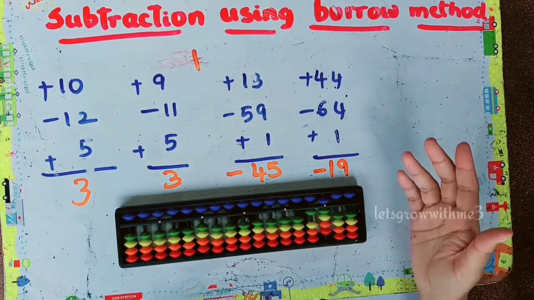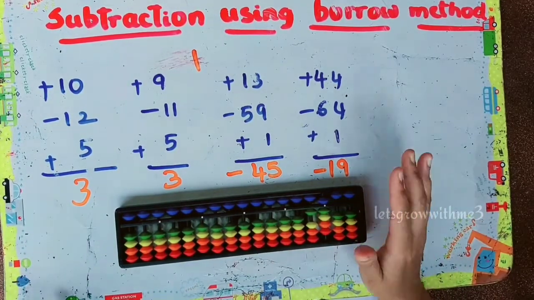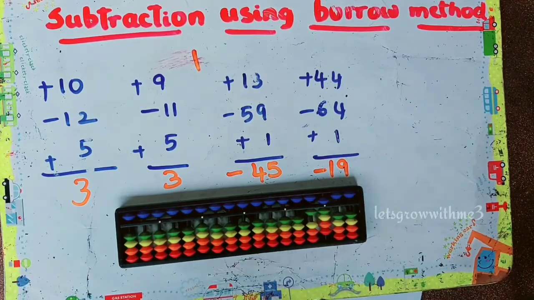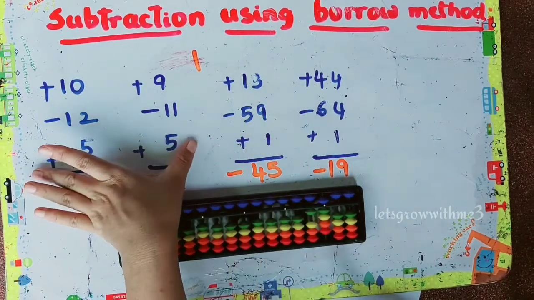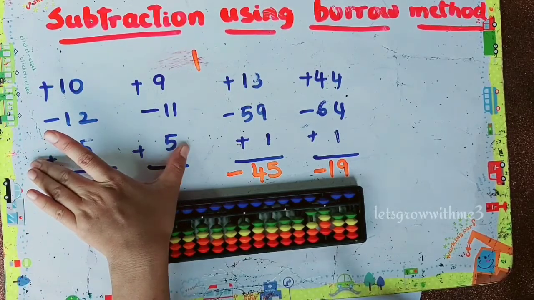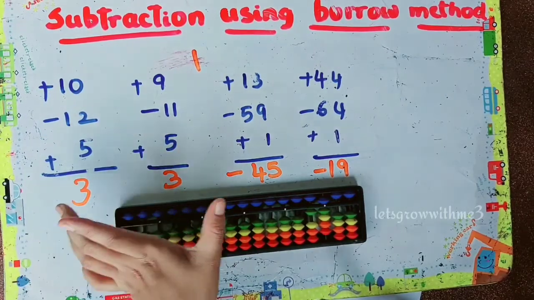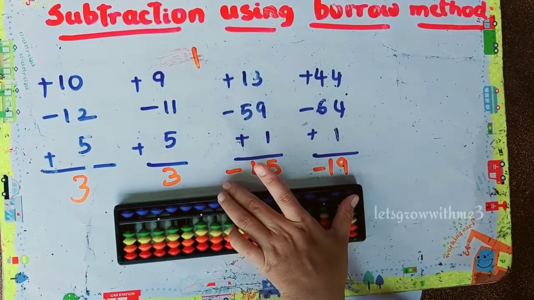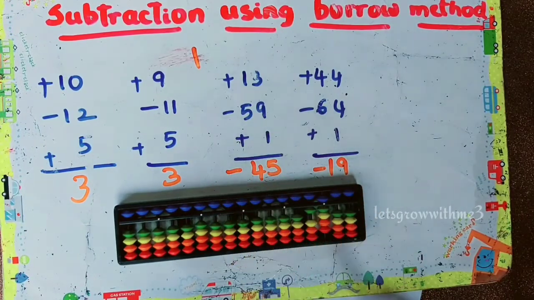So let me revise the concept. Here we got two values, two answers. One is positive and one is negative. For the positive, we are able to return back the borrow bits, whereas in the negative, we couldn't return back the bits. So that's why we are finding the complement of that number. So how to get the complement of that number? We need to subtract whatever value we got from the value from which we have taken the borrow. Then we will get the value in the form of a negative.